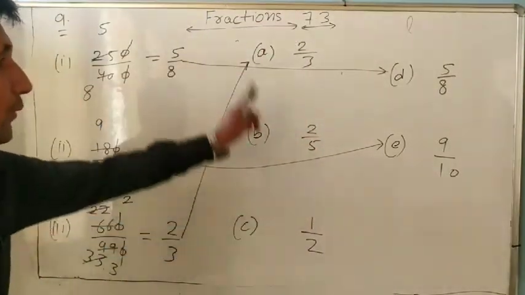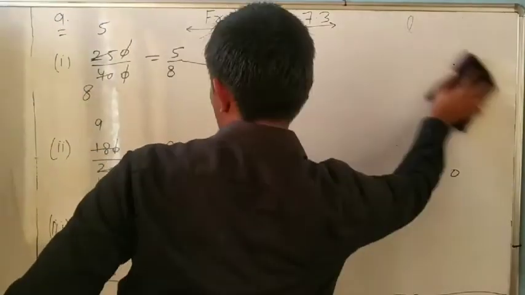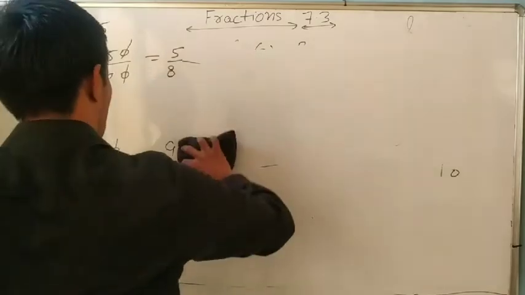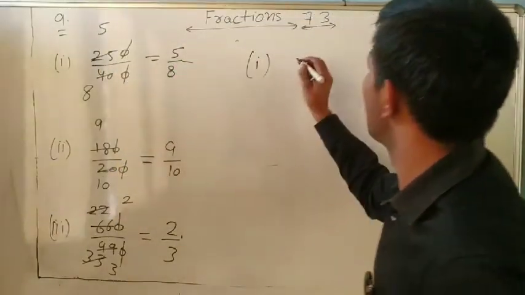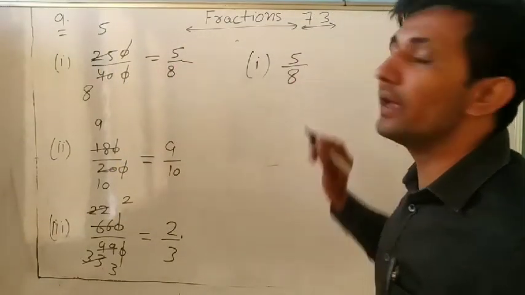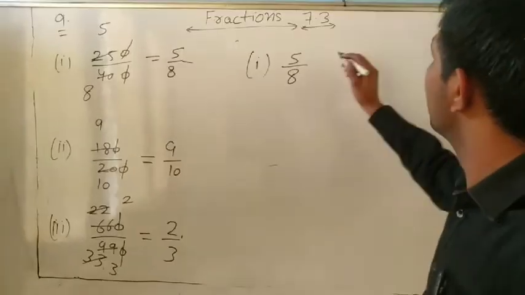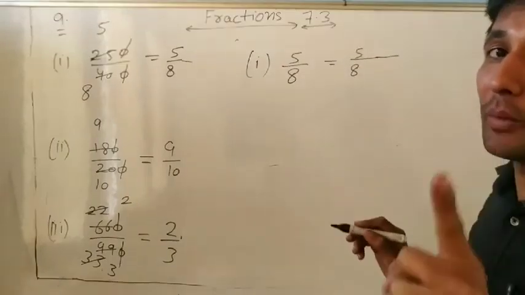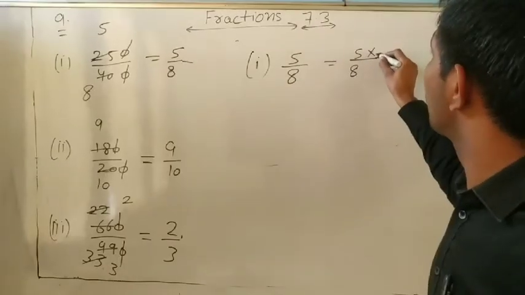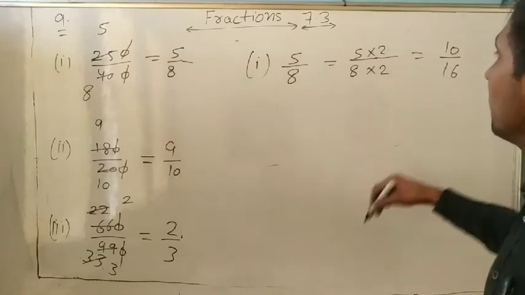Now I am rubbing this one. First we will match all of them. After this one, what we will do? Everyone knows. First fraction that comes is 5 by 8. So we have to find 2 more equivalent fractions. So how will you find? Everyone knows. Multiply or divide the numerator and the denominator by the same number. By 2 and 2. What is it? 10 by 16. One more.